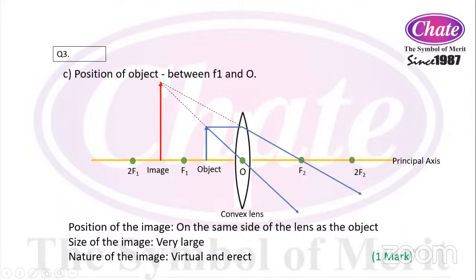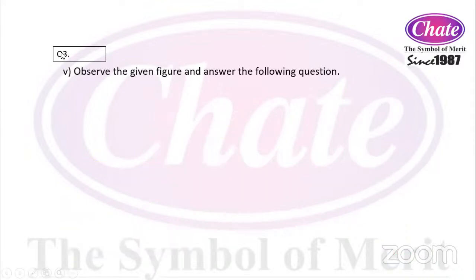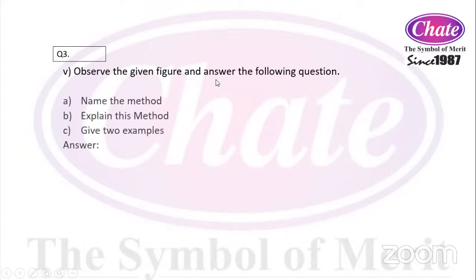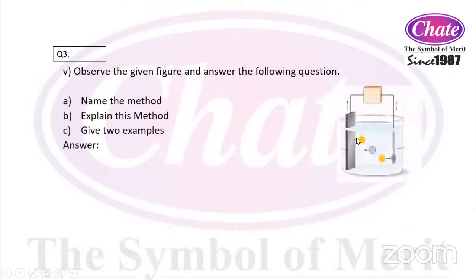चलो, तो दैट इज अबाउट द 1 मार्क। तो ऐसे 3 मार्क का 3 डायग्राम्स हो गया। नाउ द नेक्स्ट वन इज द क्वेश्चन 3। ऑब्जर्व द गिवन फिगर एंड आंसर द फॉलोइंग क्वेश्चन। ओके, तो आपको ये फिगर दिया गया है और आपको क्वेश्चन सॉल्व करने हैं। नेम द मेथड, एक्सप्लेन दिस मेथड एंड गिव 2 एग्जांपल्स। सो इट्स अ वेरी इजी क्वेश्चन, मैं कहता हूं कि आप ज्यादा से ज्यादा अटेम्प्ट करो, क्योंकि ये स्ट्रेट फॉरवर्ड है, एक का आंसर लिख दिया 1 मार्क मिल गया, दूसरा लिख दिया दूसरा मार्क मिल गया, इस पे कंफ्यूजन नहीं होता, हमें मार्क मिलेगा कि नहीं मिलेगा ऐसा कोई डाउट भी नहीं रहता।